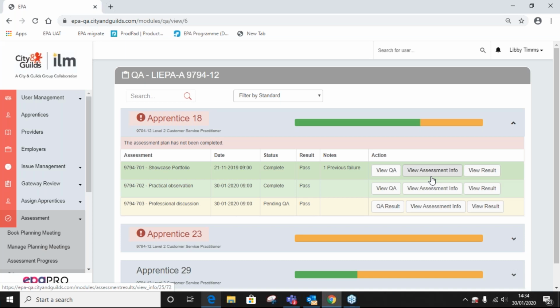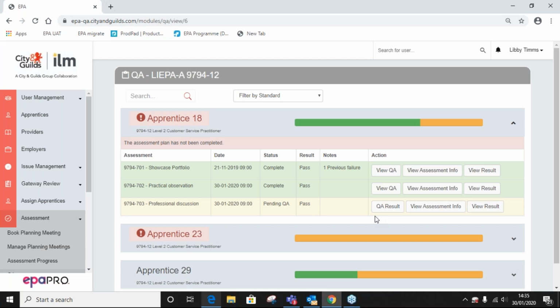Kelly, I've taken you off mute because I think it's an interesting question that you raised. I think Alison's picked up on that. Currently the IEPA will do the initial showcase assessment to plan their questions to carry out on the EPA date, which as LIEPAs we verify to ensure that they've identified all the right questions, etc. for the day. So if we can't see the evidence, we obviously can't provide that initial verification on that showcase unless it's uploaded onto this system. Is that what you're saying?